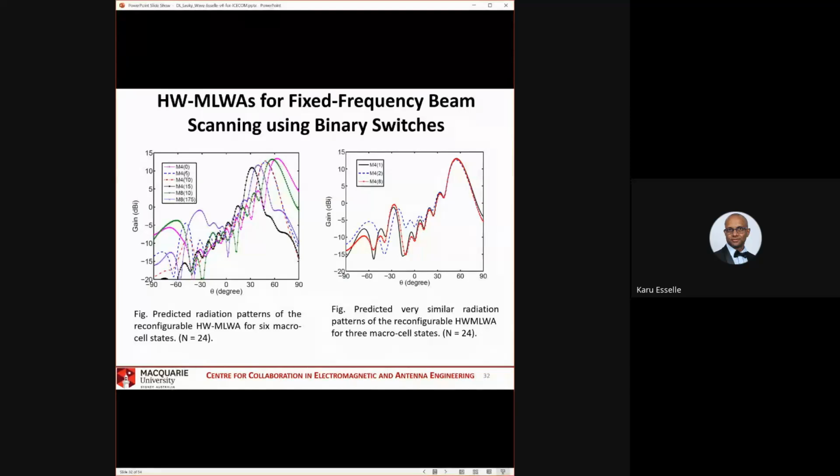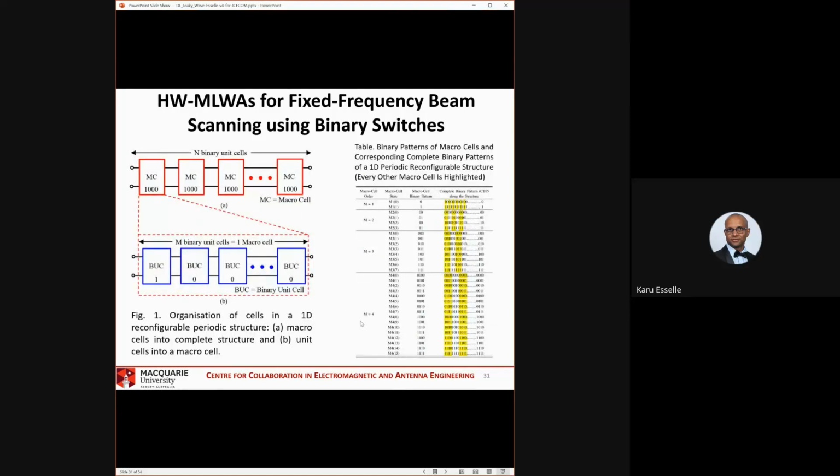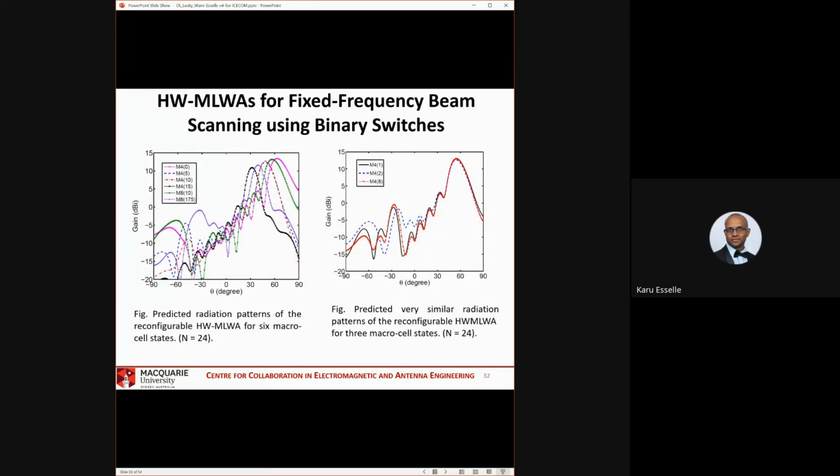For example, the M4 5 pattern gives this beam. You can check what M4 5 is. M4 5 is this: 0, 1, 0, 1, 0, 1, 0, 1, and so on. That's it. And if you want, you can combine 8 of them into one macro cell, M8. I will not go into those special cases, but you can see that we only need a few binary patterns to steer the beam